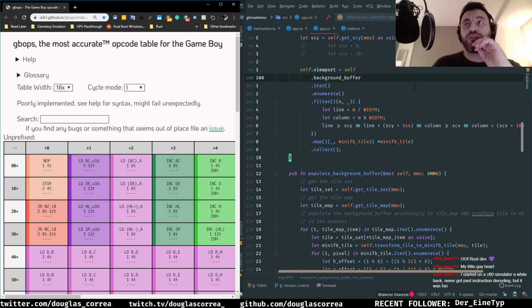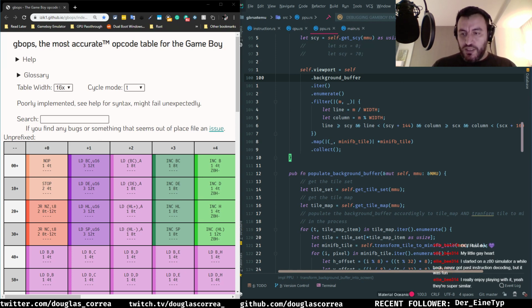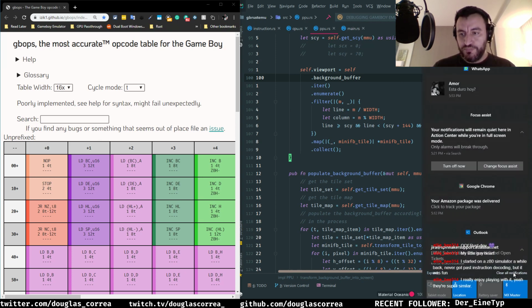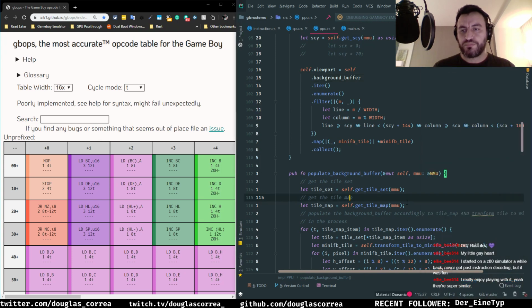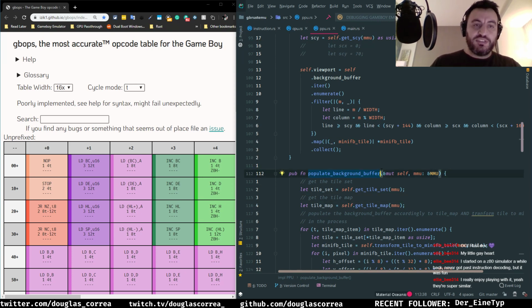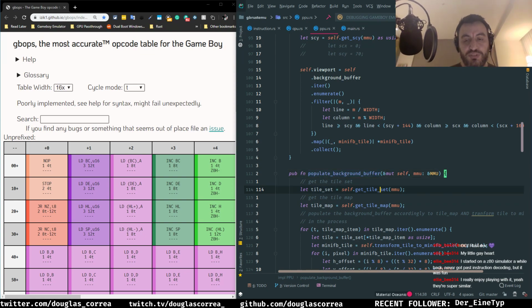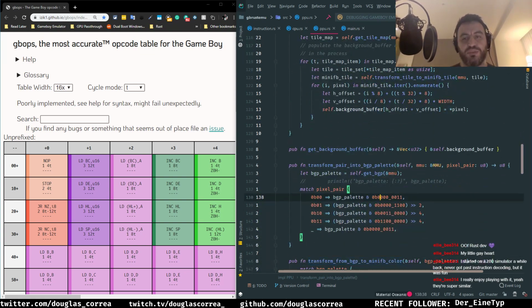There are some instructions that are shared between them. So I think you did something that we are not doing here. I really enjoy playing with it. Yeah, they are super similar. Rust used to be the most loved language to work with,